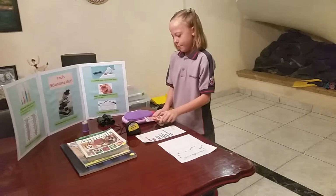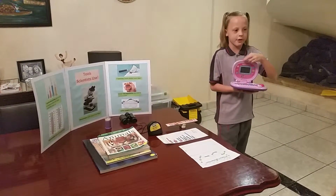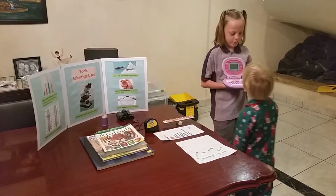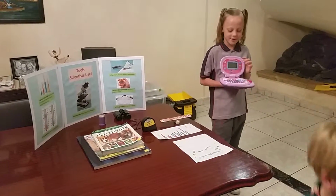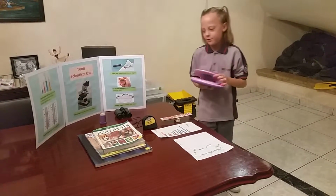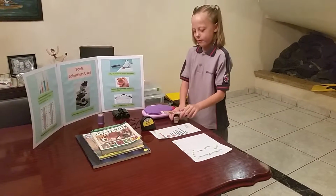And now, scientists also use the internet to investigate. Computer? Yeah, a computer. But computers have internet. So you can also use computers. And now,